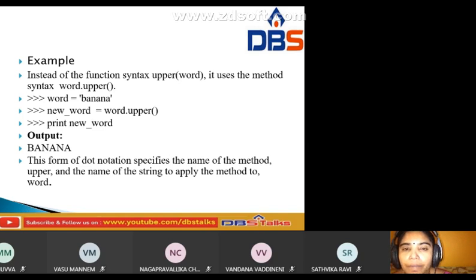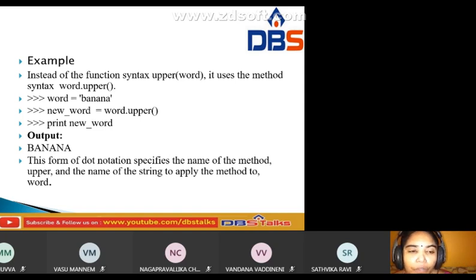Next, another example. Instead of the function syntax upper of word, it uses the method syntax word.upper. Take word equal to banana. We create new_word equal to word.upper.